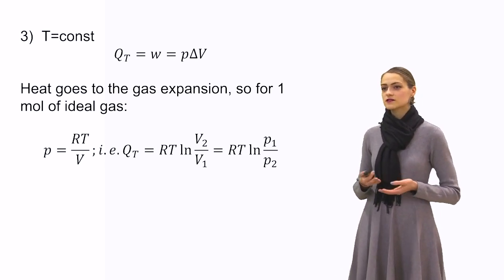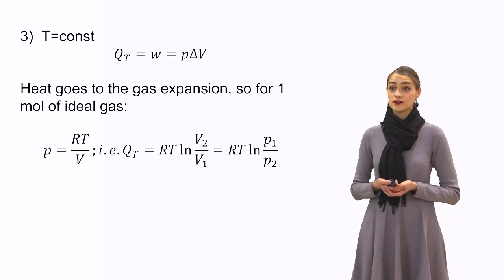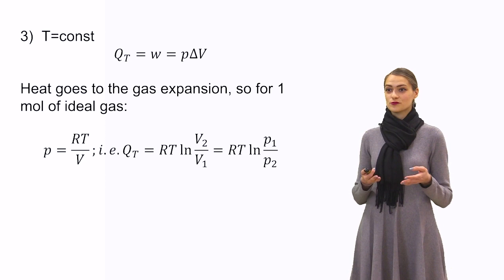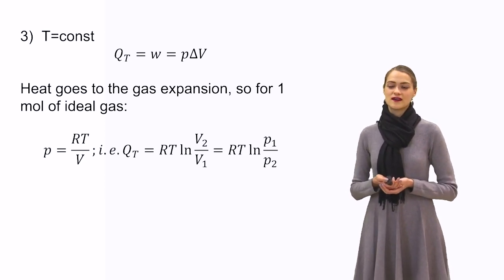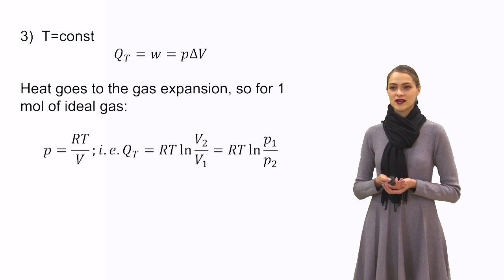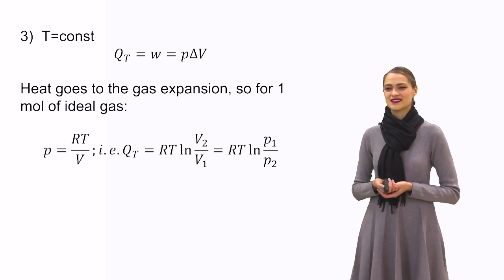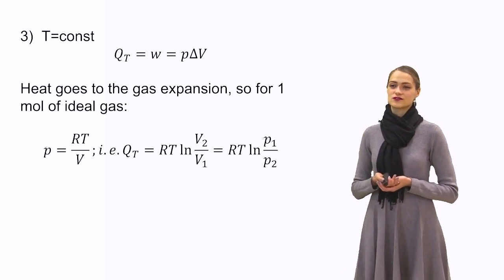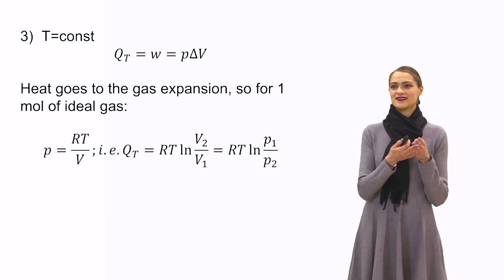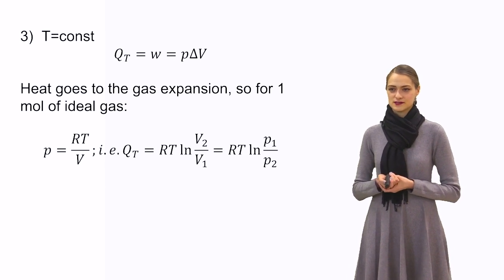If in an exact task we have pressure instead of volume, we can also put it into these calculations. Now we can recombine these calculations and write RT multiplied by the natural logarithm of the ratio between the pressure in the initial state P1 and the pressure in the final state.